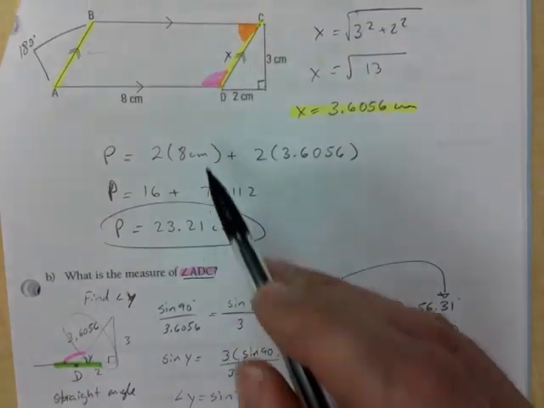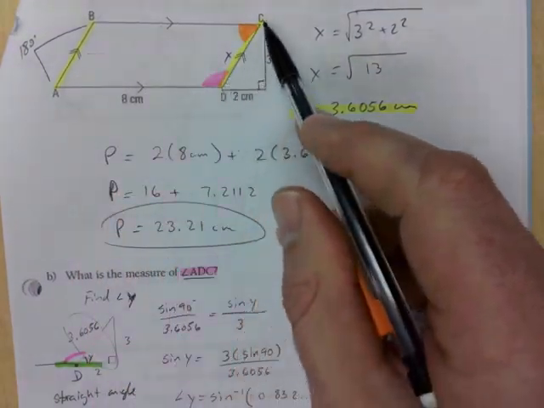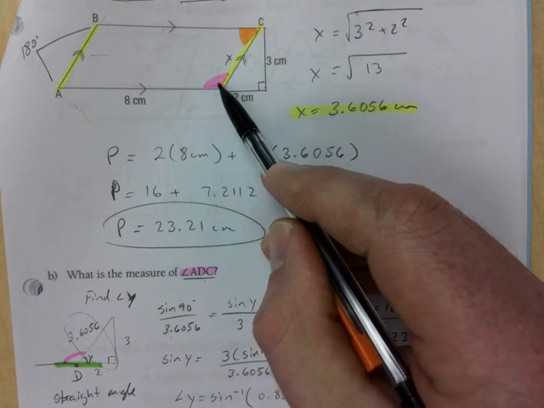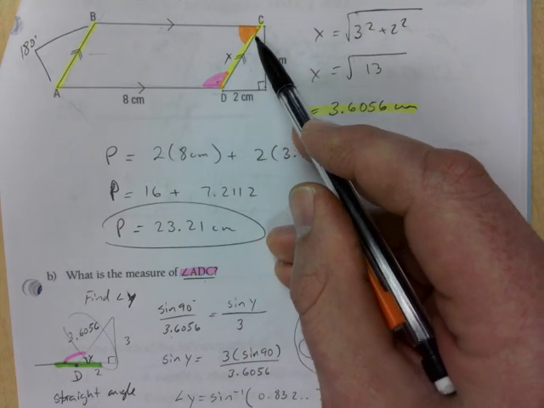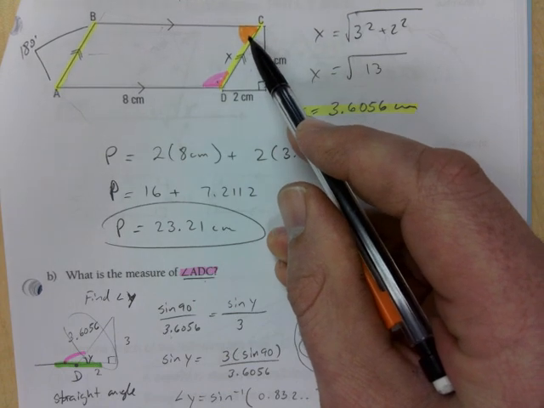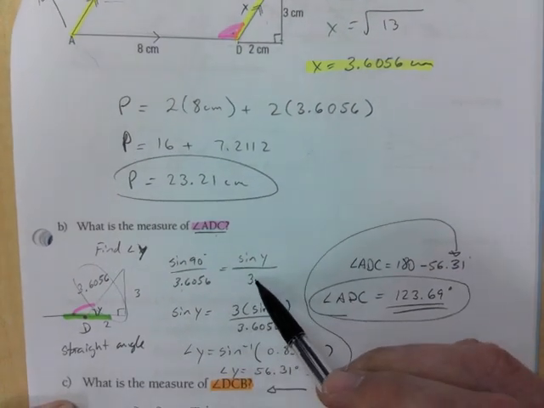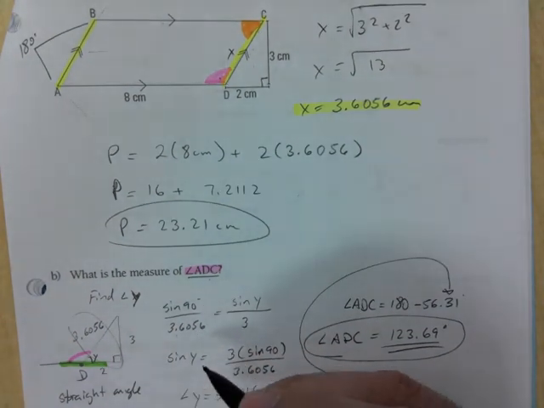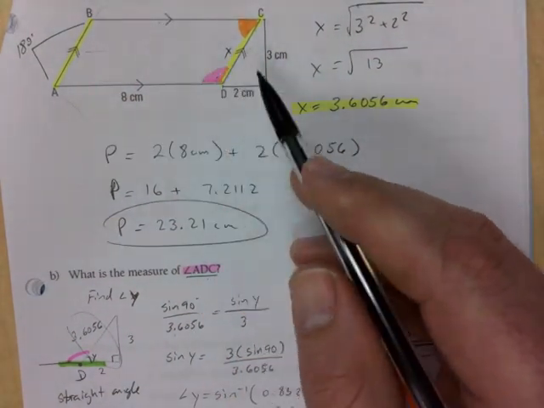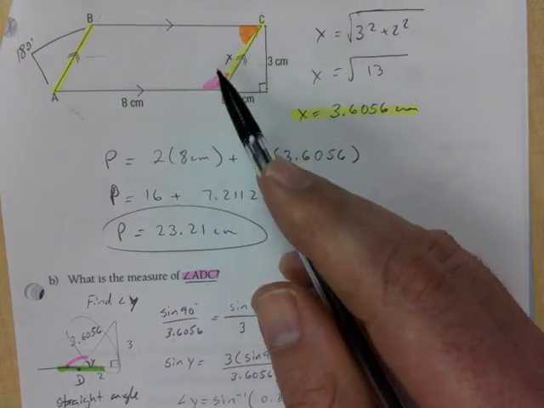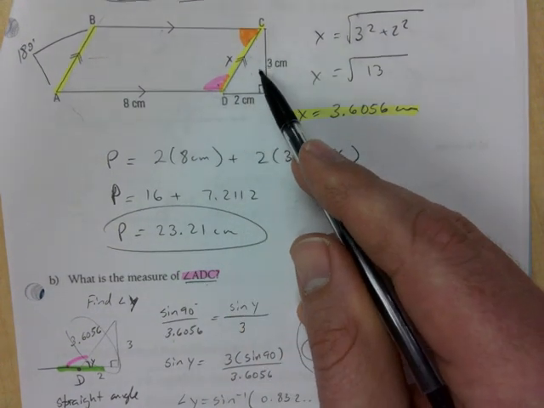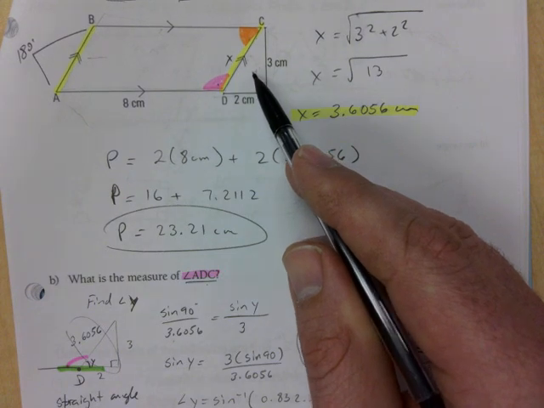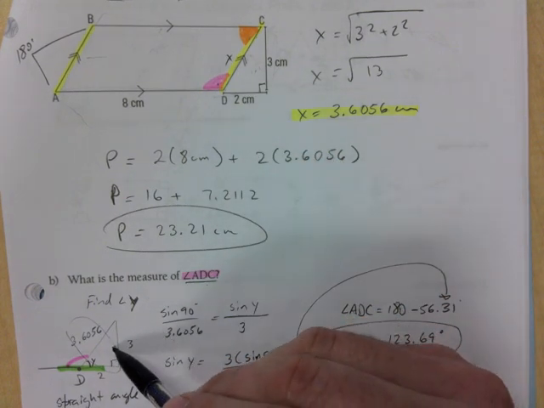What's the measure of angle ADC? ADC is right here. ADC, it's formed right here. And the next angle they want afterwards is this one, the orange one. So how do you do that? Well, watch this. Here you have to be careful, actually. So my only way to get information or an angle to appear here is to use this triangle again. So I use that, I take it here,